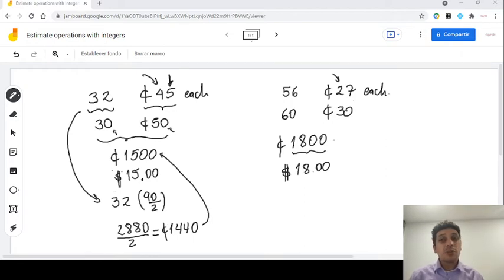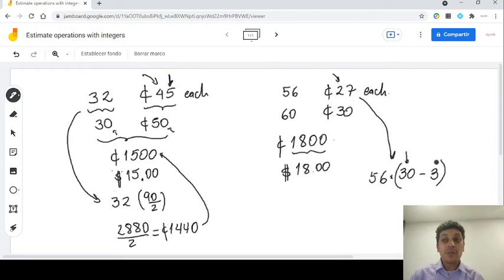And now in the second option, I'm going to show you another strategy to multiply. In this case, you can tell that 27 could be written as 30 minus 3. So I'm going to multiply 56 times 30 minus 3. The good thing is that you just need to multiply once by 3. 3 times 6 is 18. 3 times 5, 15, and 1 makes 16. So it will be